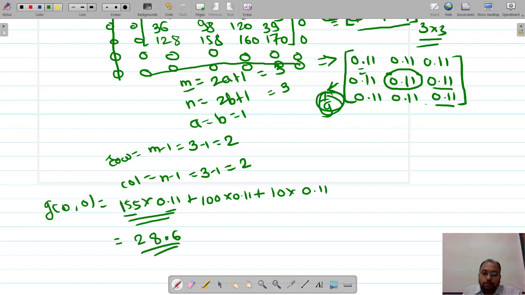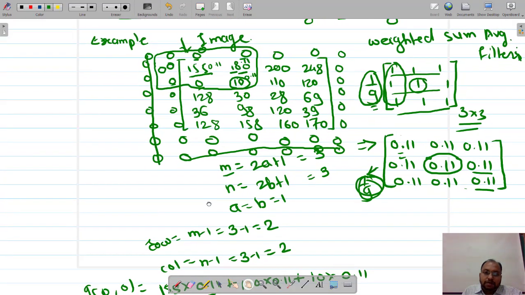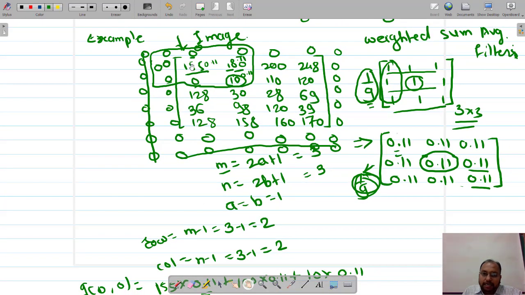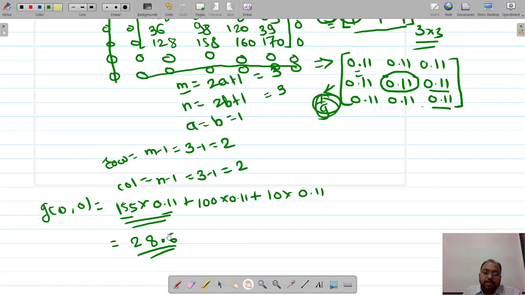Previously the pixel was 155, and now it has been converted into the new pixel value 28.6. If I round it off, it comes to nearly 29. So my new pixel intensity for the 0th row, 0th column will be 29.